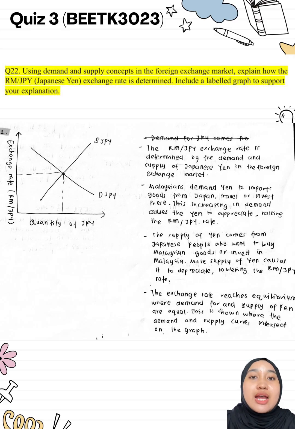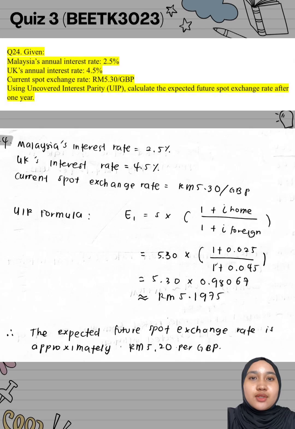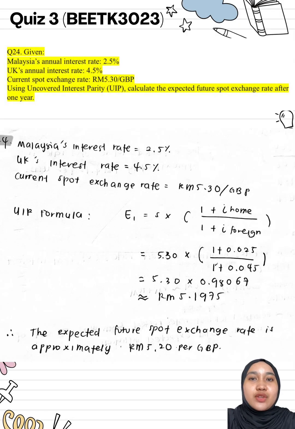The exchange rate reaches equilibrium when the quantity of yen demanded equals the quantity supplied. This equilibrium is shown on this graph as the point where the demand and supply curves intersect, determining the market clearing ringgit Malaysia per Japanese yen exchange rate. Next question is 24. To estimate the expected future spot exchange rate between the Malaysian ringgit and the British pound